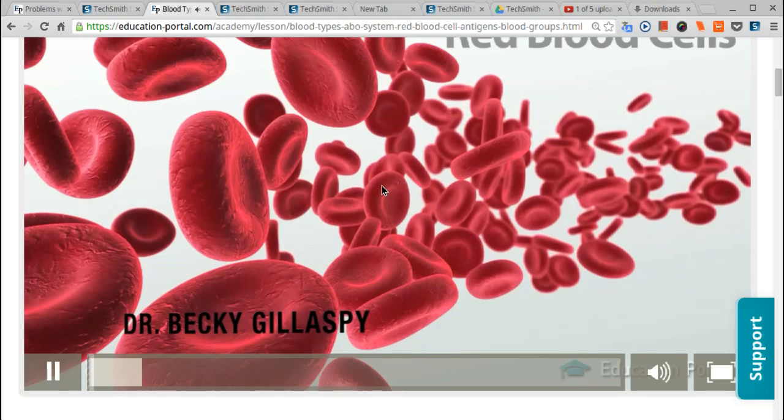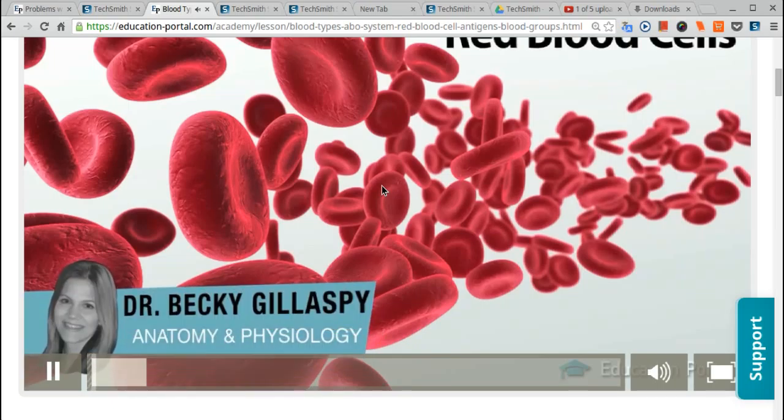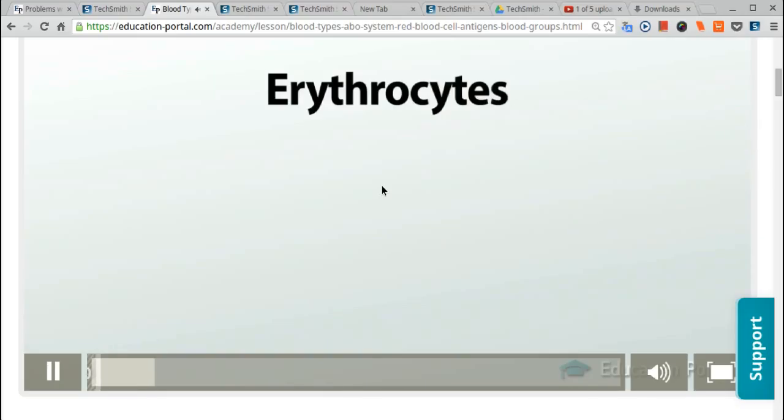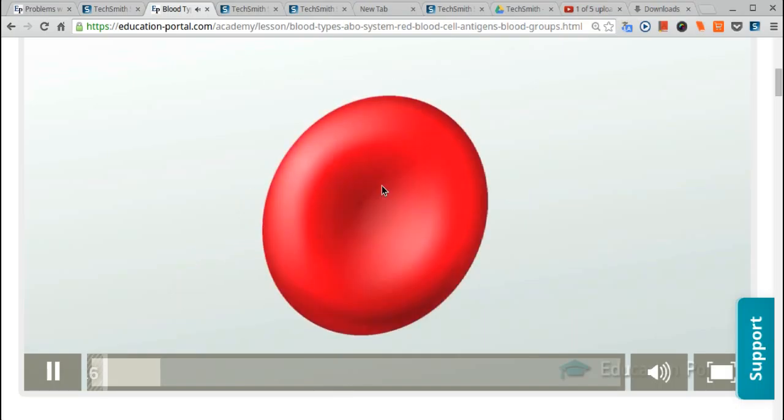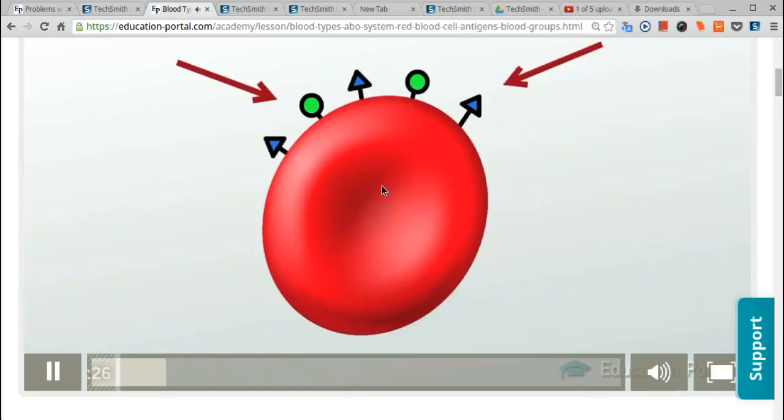previously learned that red blood cells are the most common type of blood cell. Red blood cells are also referred to as erythrocytes, which comes from the Greek word erythros, meaning red, and cyte, meaning cell. The plasma membrane that surrounds each of your red blood cells contains special proteins that are placed there based on your unique genetic makeup. In this lesson, you will learn about these genetically determined proteins and the role they play in deciding your blood